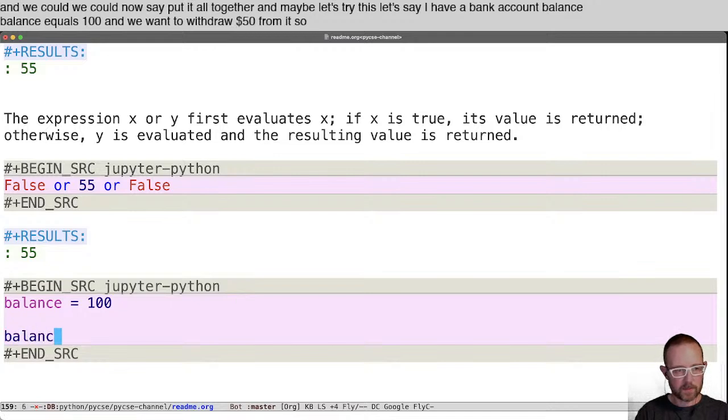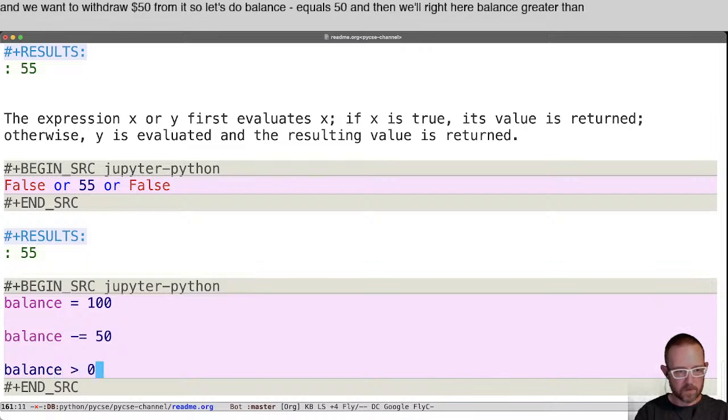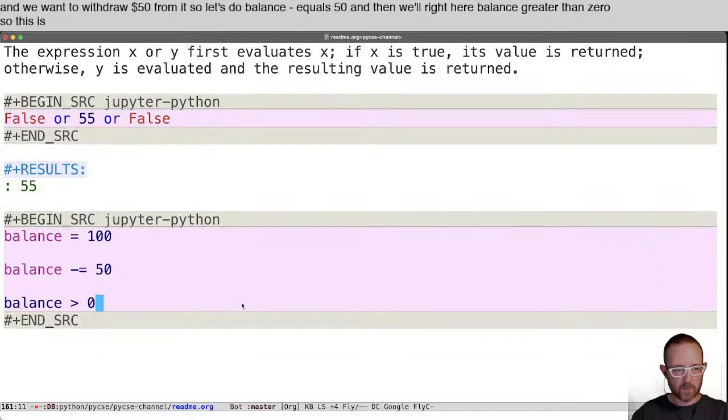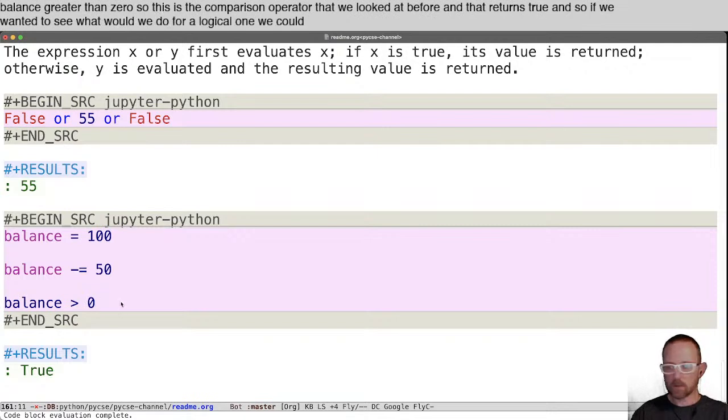So let's do balance minus equals 50, and then we'll write here balance greater than 0. So this is the comparison operator that we looked at before, and that returns true. And so if we wanted to, let's see, what would we do for a logical one? We could say balance is greater than 0,